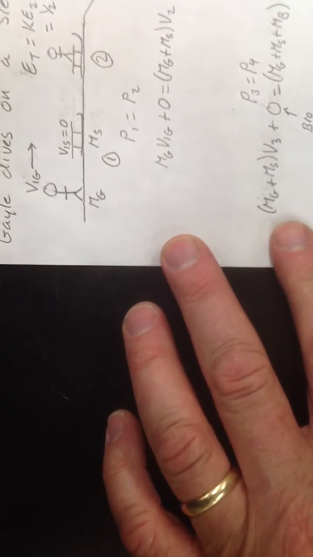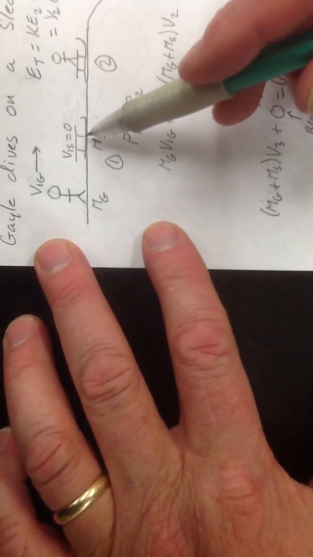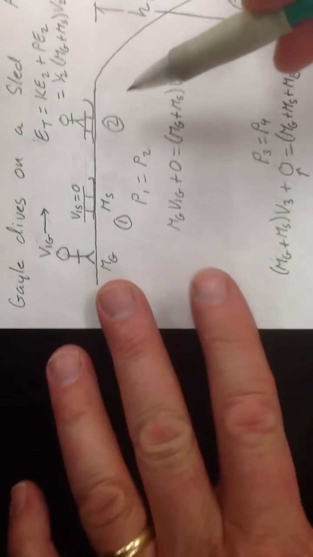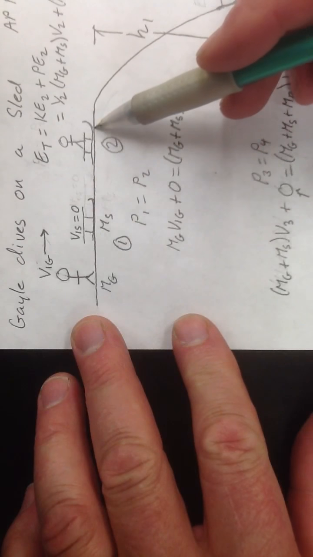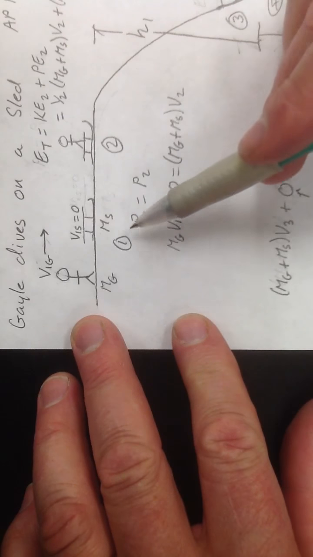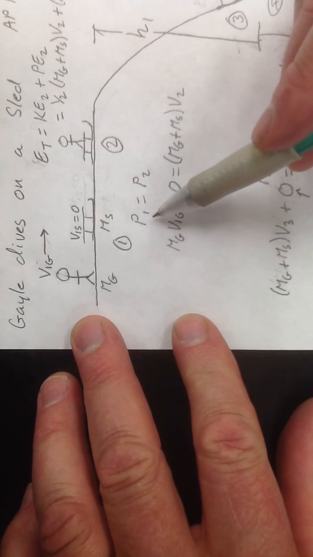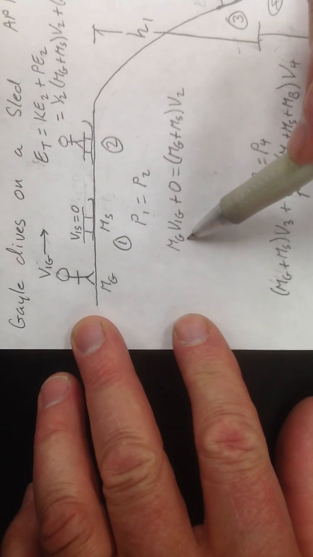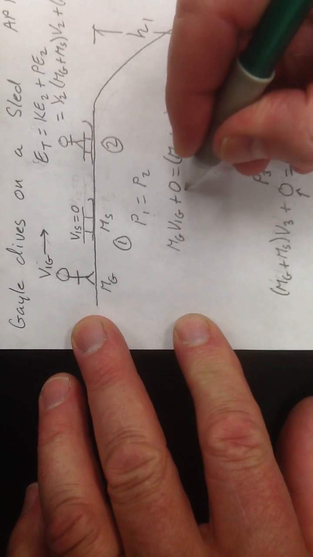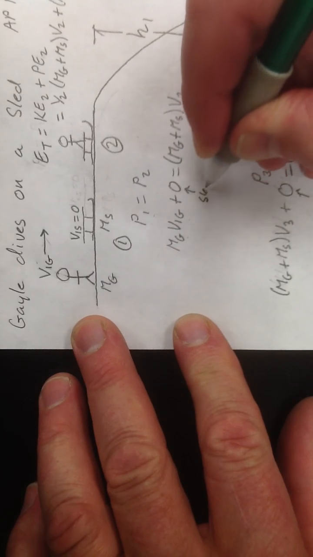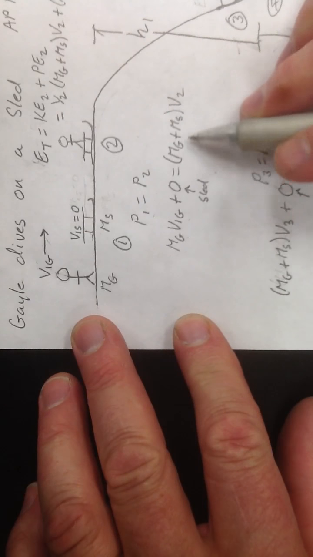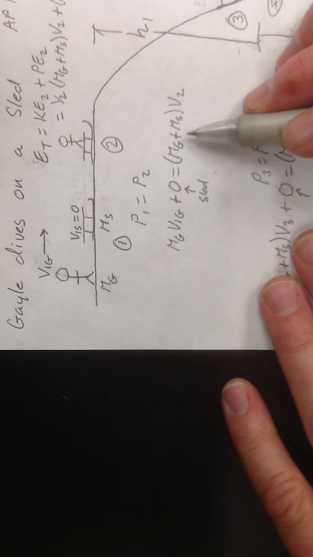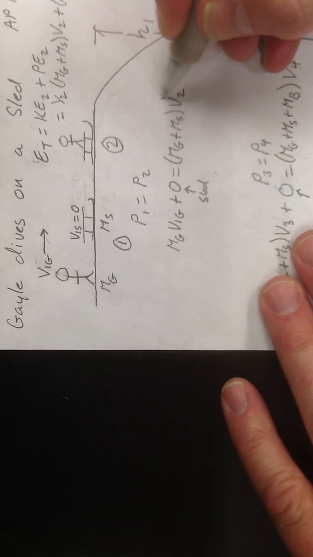All right, let's look at this first event. This first event, the sled is sitting still, and Gale is going to jump on it, and then they're going to move away together. All right, so for these first two events, we're going to use conservation of momentum. So we have Gale and her velocity. Here, the sled is at rest. So when she jumps on it, we have a perfectly inelastic collision,